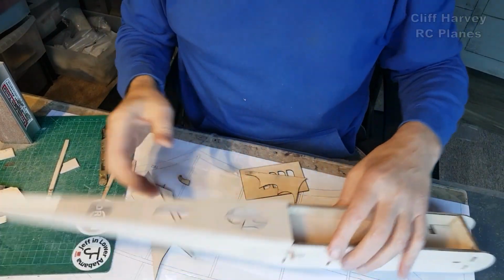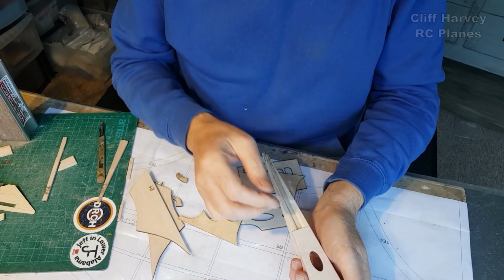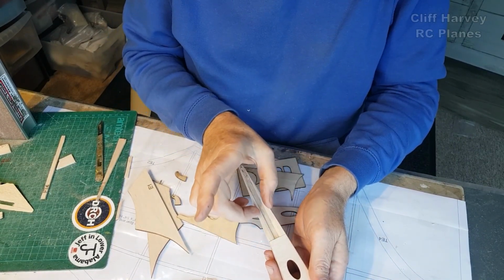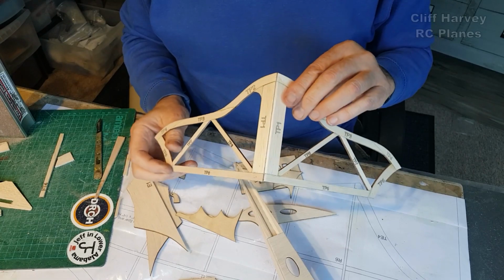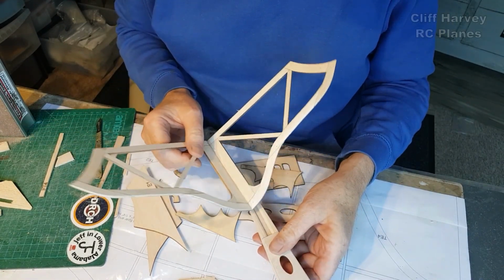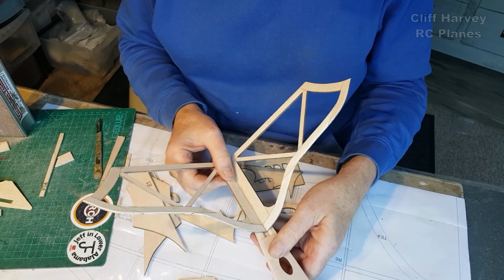Okay, so this is why I'm building this model. I've made a change to the tail end, I think for the better. On my model I cut little blocks to go in here to support the tailplane. Oh, I've joined the tailplane using the template, but you're balancing it basically. I've sanded it a bit flat on the bottom, but you're still balancing it basically on the flat piece of